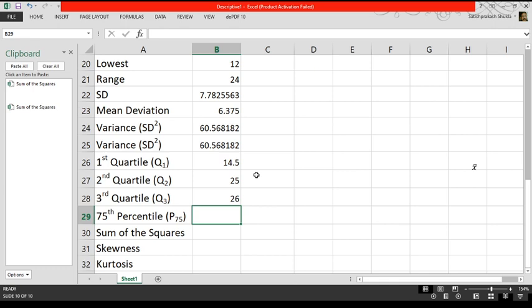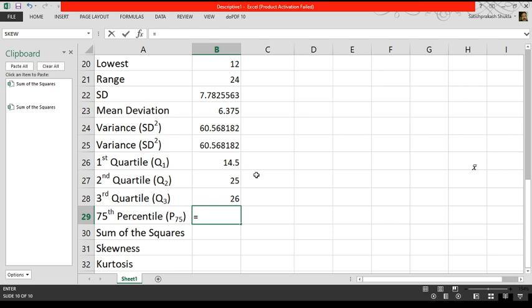Now we will find the value of percentile. Here we are going to find the value of the 75th percentile. Actually, we can find 99 percentiles for any given data. In all the cases the same function will be used, only one change is to be made according to the percentile to be found. Let us see. First of all, we find the 75th percentile.